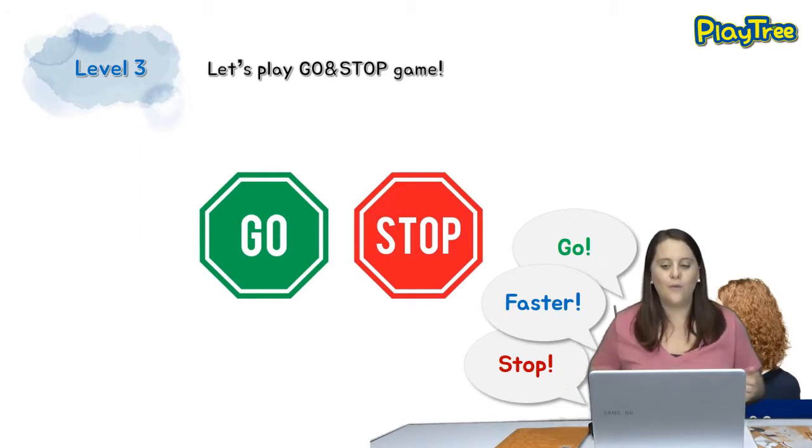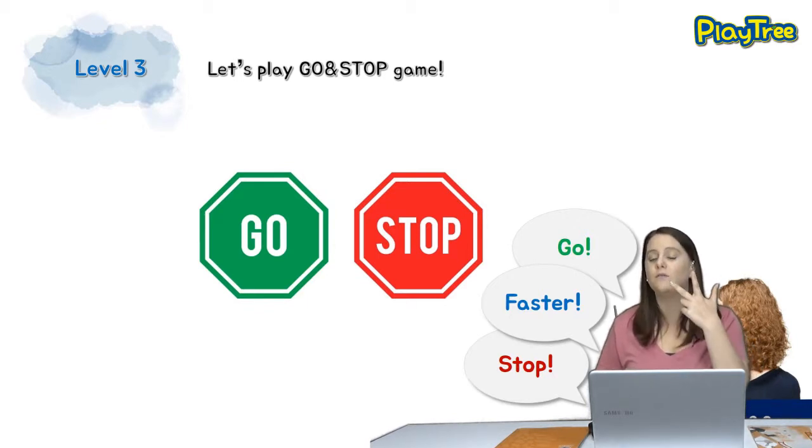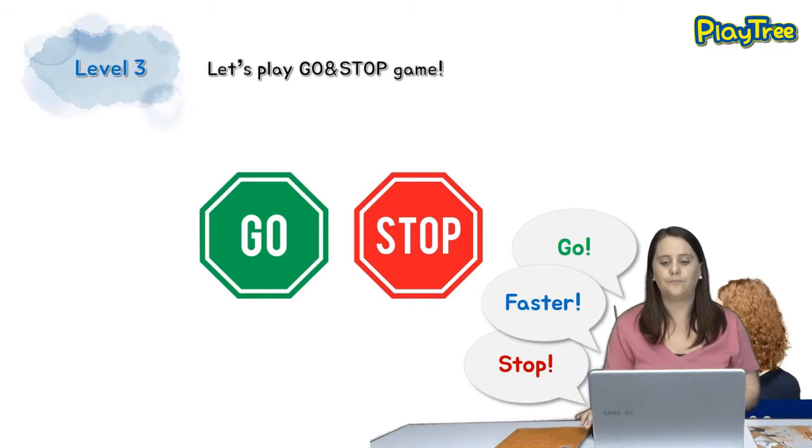If they hear go, they start walking. If they hear faster, they start going faster. And if they hear stop, they stop. They need to understand those 3 words that are said the most during the game. Now,